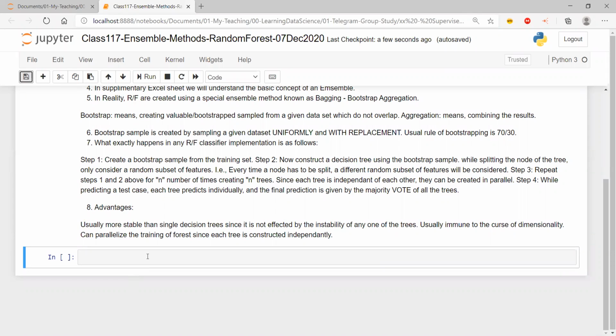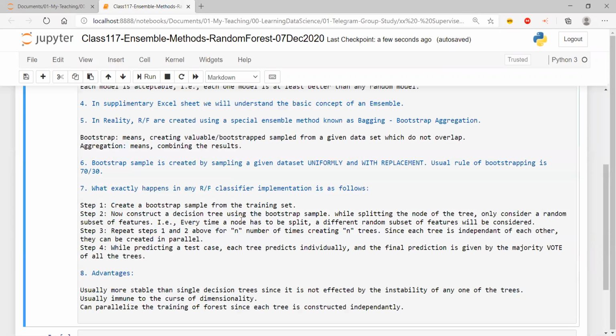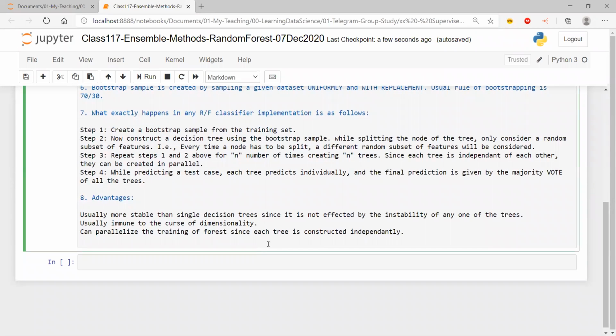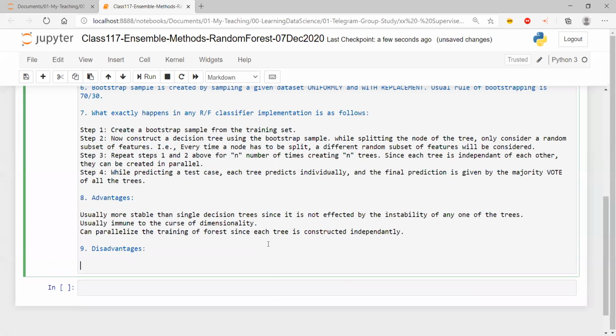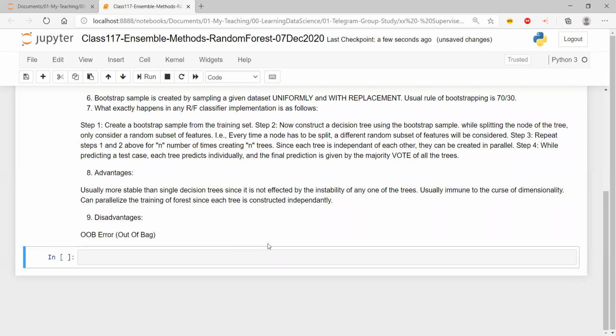There is one issue, and I'm going to mention it over here, but I'm not going to explain that right now. Disadvantages: OOB error. I'm not going to explain this. I'm just going to tell you the full form: out of bag errors, right? This is a very, very common issue with